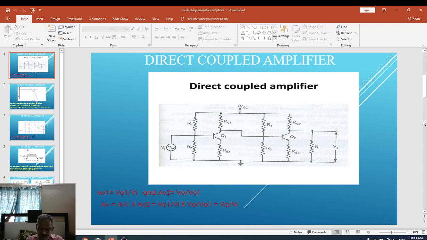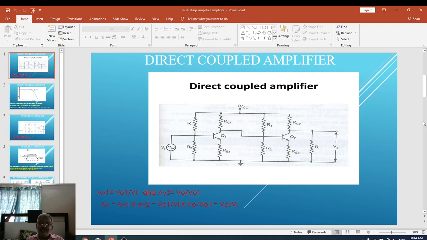After that, we have introduced the meaning of multi-stage amplifier, where we have studied that if the gain of a single stage amplifier is not sufficient to amplify the input signal, then one more stage is connected, in which the output of the first stage acts as the input to the second stage, and the result is a two-stage amplifier whose gain is the product of the gains of the individual stages of the amplifier.